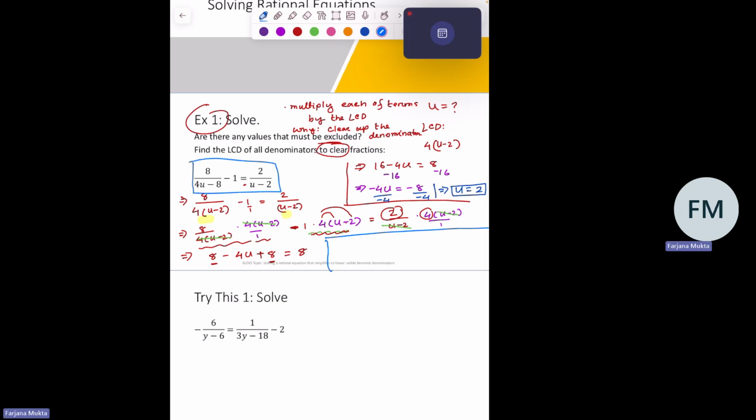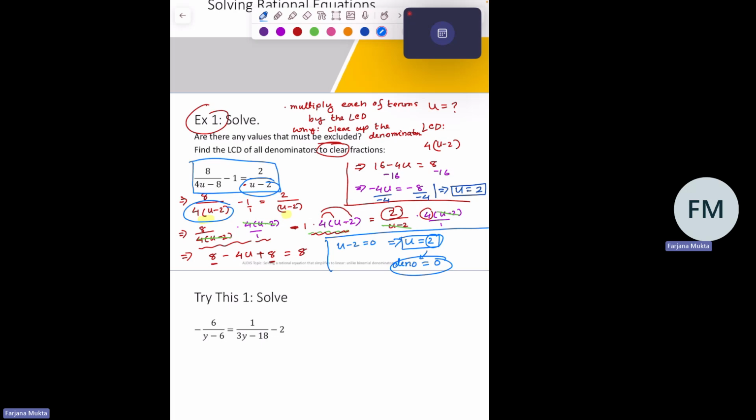Our original denominators: 4u minus 8, in factorized form, is 4 times u minus 2. The other one is u minus 2, right? If we set the factor u minus 2 equal to 0, what do we get? We get u equal to 2. U equal to 2 is a value for which the denominator will become 0,